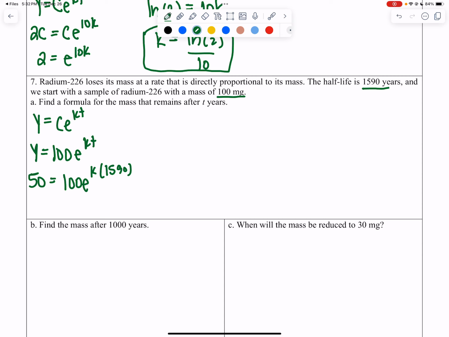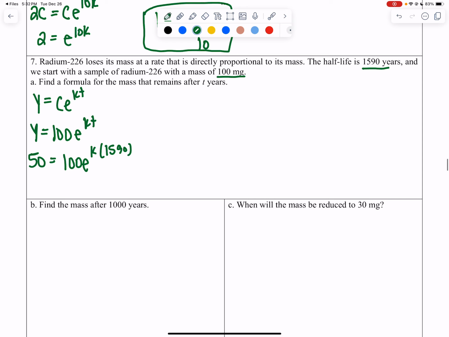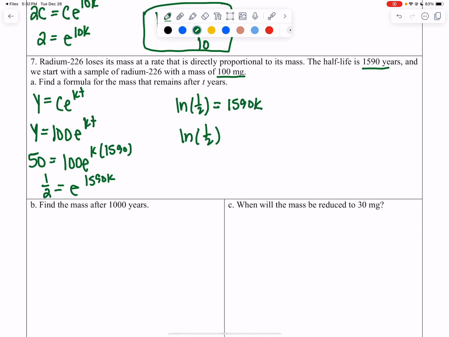And plot twist, we'll see that it's going to be very similar to the half-life formula. 50 over 100 is 1/2. So we have 1/2 equals e to the 1590k. And then since we're solving for k, I'm going to take the ln of both sides. So ln of 1/2 is equal to 1590k. ln of 1/2 over 1590 is equal to k. So your formula is 100 e to the ln 1/2 over 1590